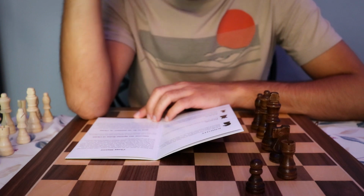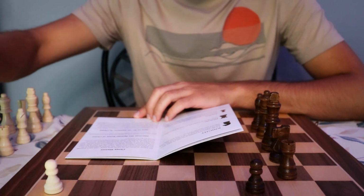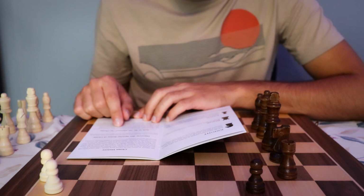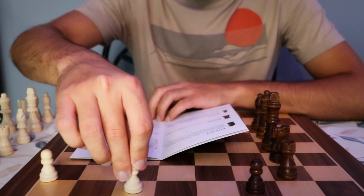How to do en passant in chess. The last rule about pawns is called en passant, which is French for in passing. If a pawn moves out 2 squares on its first move, and by doing so lands to the side of an opponent's pawn,